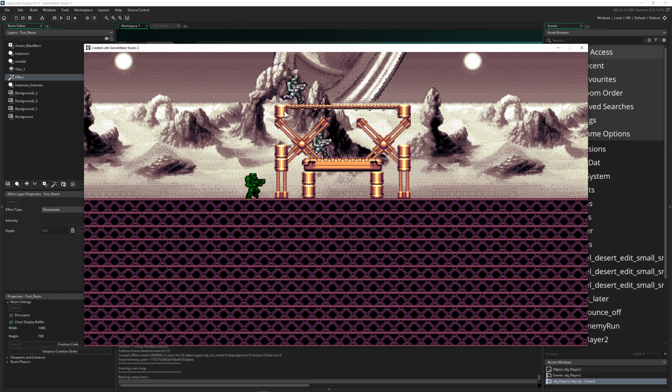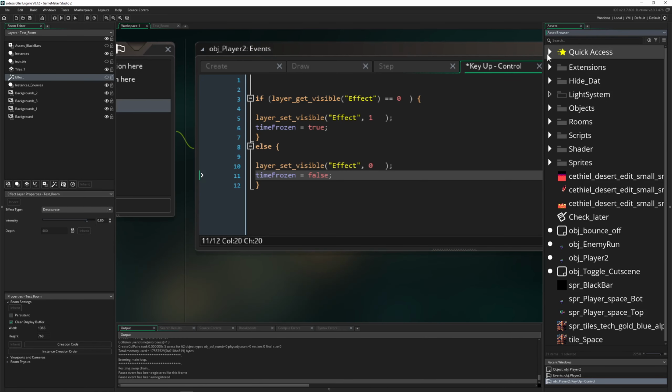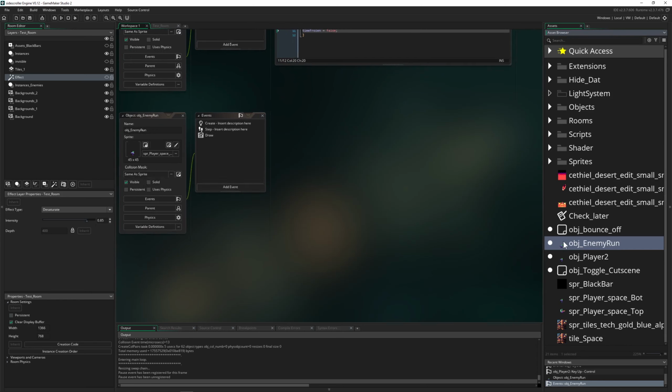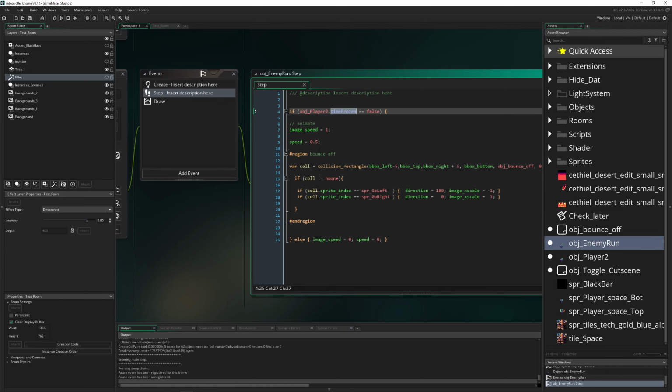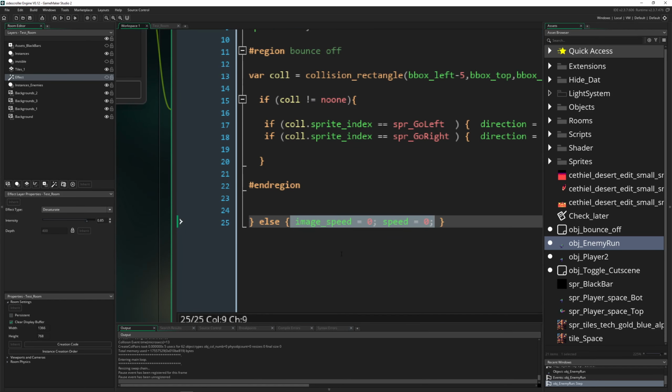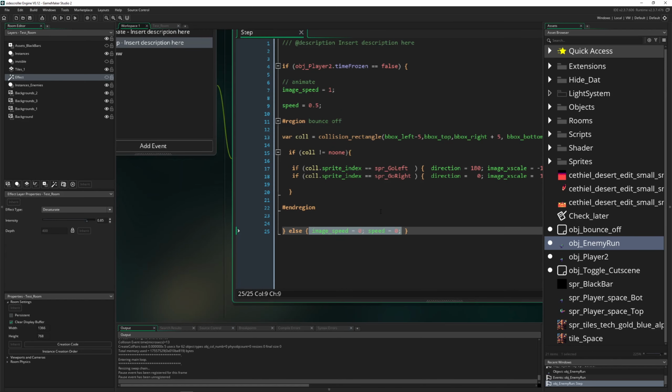So here once again, this is just for you to imagine how you could do such a system in GameMaker Studio with the VFX layer. And of course the rest is up to you how you want to do that. Do I want to show the code? Not really. If we go into the enemy, we just have in our player time frozen. If it's not frozen, then we have an image speed and a speed value, and these things are getting set to 0 if the world is, in quotations, frozen. This is basically the whole thing which I'm doing here.